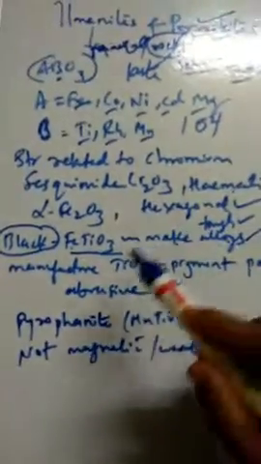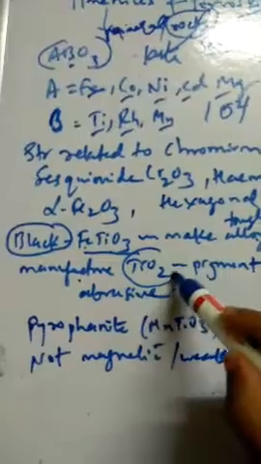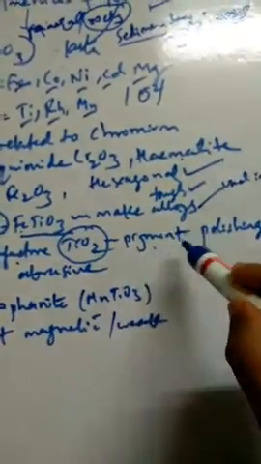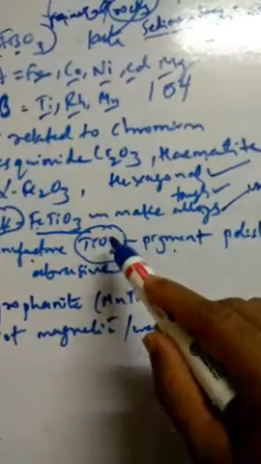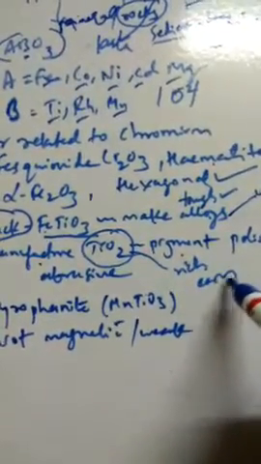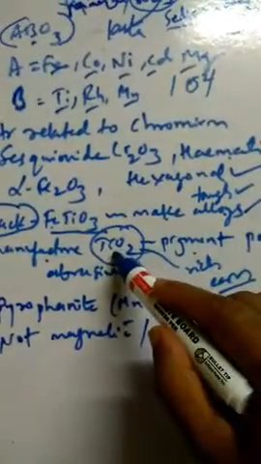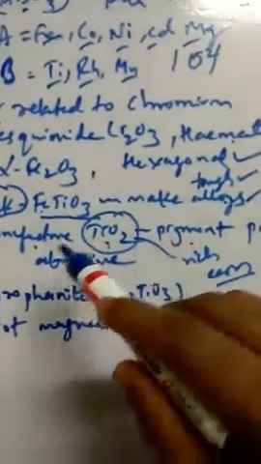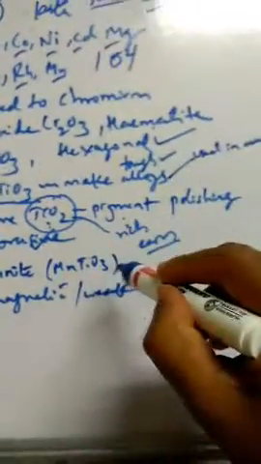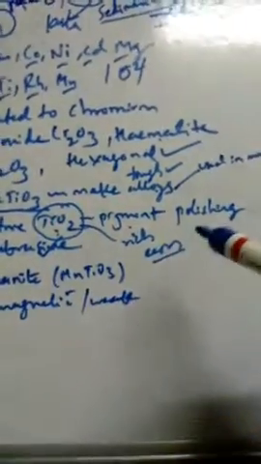Okay, and this is mainly used for the manufacture of titanium oxide, TiO2, as a pigment. Okay, TiO2, that's why it's a very rich company. So they earn more by these minerals, in the manufacturing of titanium oxide, and this titanium oxide is used maximum as an abrasive. Also they are very strong. Okay, and in sandblasting they use this titanium oxide.